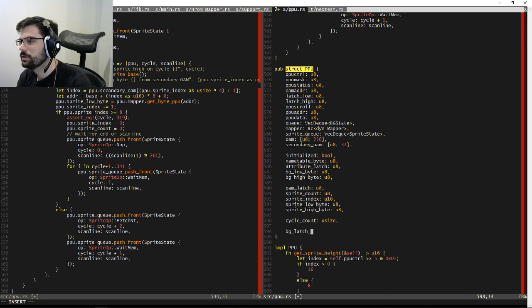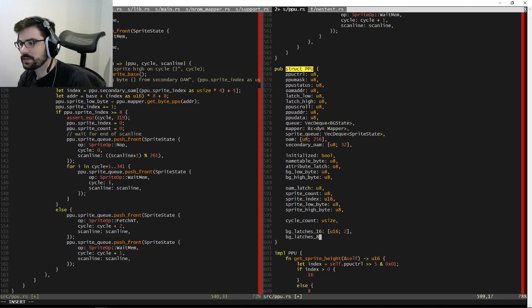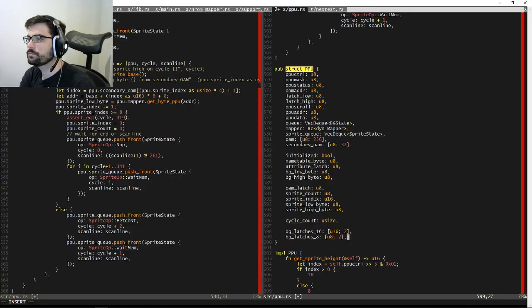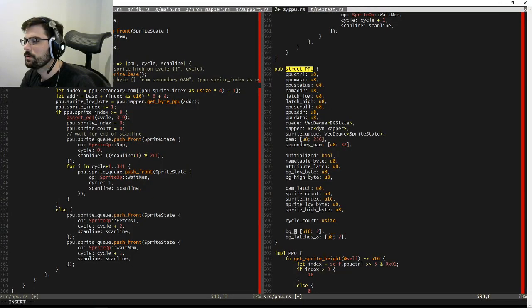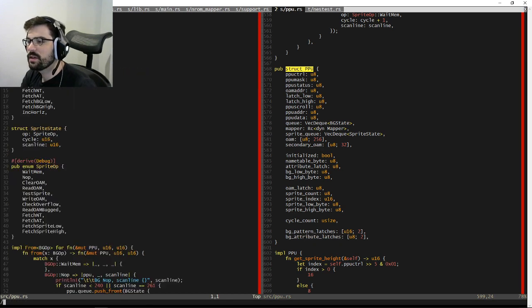BG latch 16, U16 2. BG latches 8, U8 2. Or well, let's see. Pattern latches, attribute latches, and I think I decided that I had attribute fetching all wrong